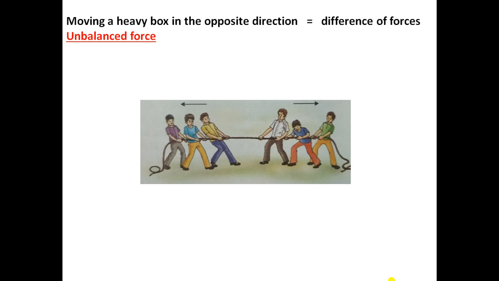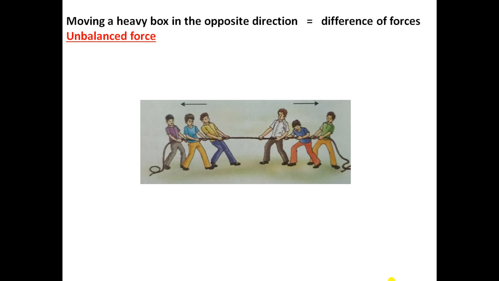Okay, now let us first see the situation. What happens actually, students, in the tug of war? In this game two teams pull the rope in opposite directions, and members of both teams try to pull the rope in their direction. Sometimes the rope simply does not move. This is when both teams pull the rope with equal force. So when the force is equal, then it does not move.